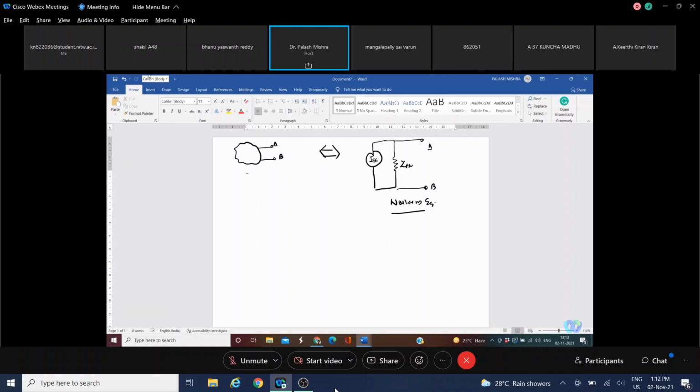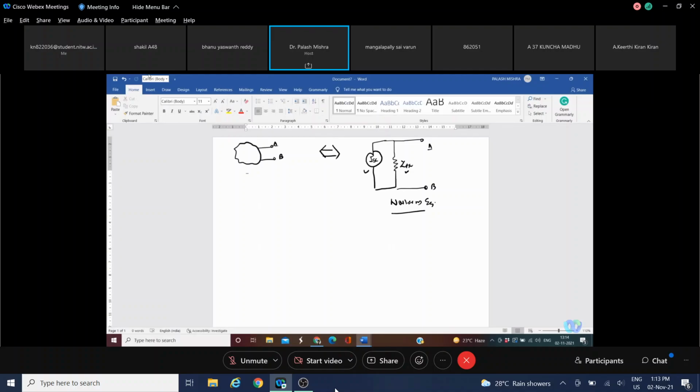Either you solve the question using KVL, KCL, or you solve it using Norton's or Thevenin's, the answer will definitely come out to be the same. But I am not discussing the derivation of these two theorems because that is beyond your scope. So it is not feasible to discuss the derivation. These are very simple theorems, and you will be using them as they are. So there is no sense of deriving them again and again. So you have to find out the value of current ISC and ZTH.